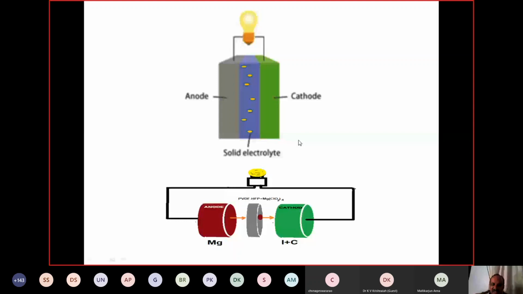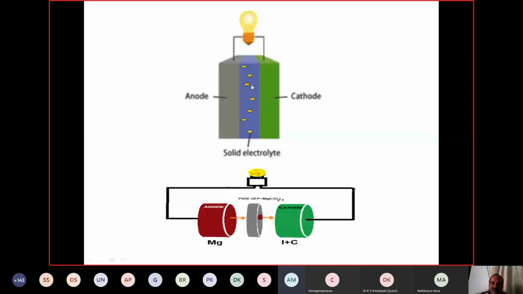In this place, there are so many batteries available. That means whatever batteries we are using, most of those batteries are based on polymer batteries only, because we can make this in thin film form and there is very good compatibility between the two electrodes. Here it shows the movement of the ions. They move to one side when you're charging, and to the other side when you're discharging. So the polymer is used as a separator between these two electrodes, one anode and one cathode.